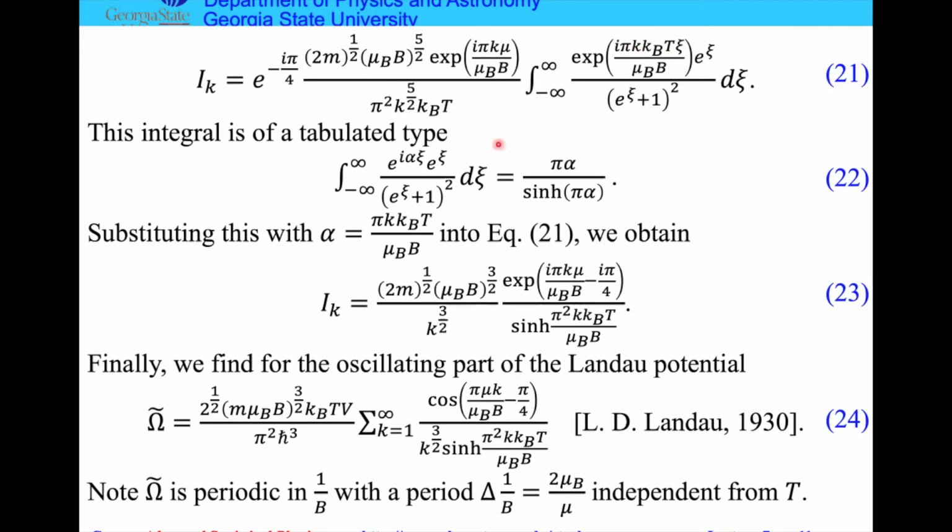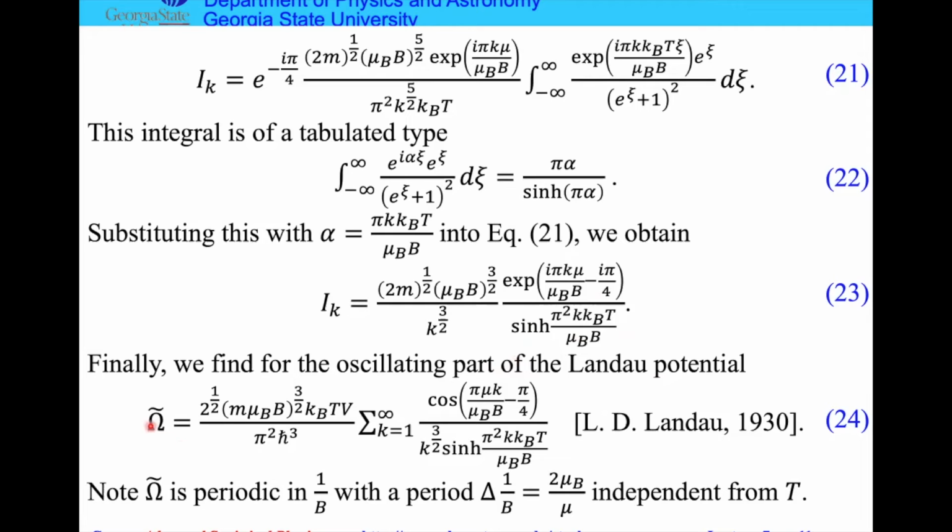Cancel this pi squared. The coefficient of alpha goes to the numerator. So k cancels one power of k here, giving me 3/2. kBT cancels this kBT, there is no kBT here. I am adding another power of B in the denominator. So 5/2 becomes 3/2. This minus i pi over 4 is absorbed into this exponential, divided by sine hyperbolic of the same coefficient. And that's the end of the story